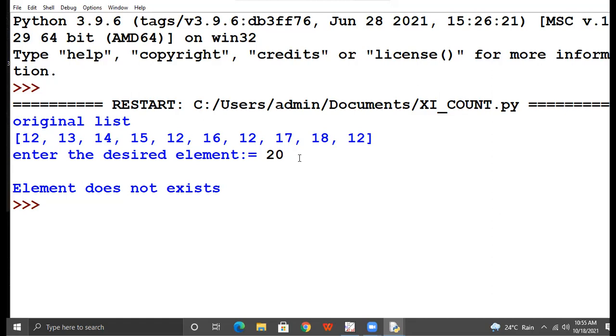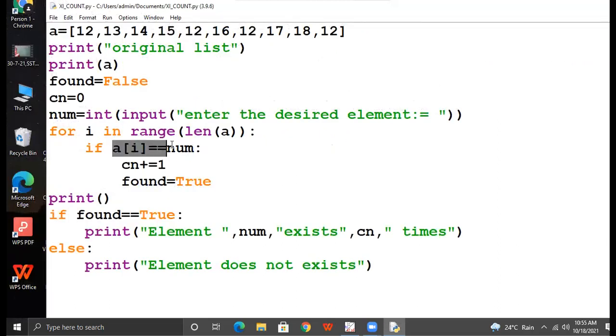Suppose my list is lengthy and I want to search for element 40 and 40 is lying at the end. The comparison will start from the first element because I am comparing each element with my desired element. So that will increase the processing time. It will become a time consuming process. Got it?